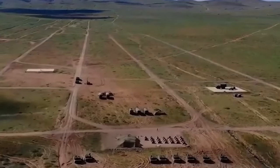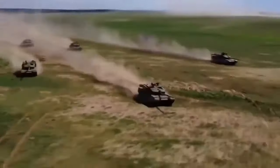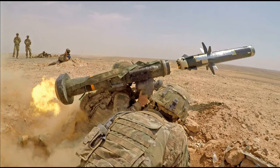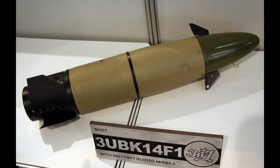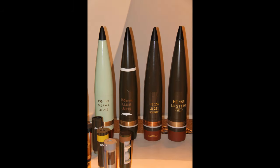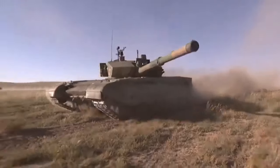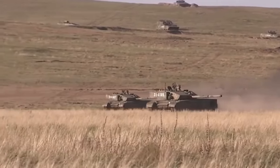Gone are the days where tank versus tank battle would be the majority of the destruction. That's actually rare today. Most tanks are destroyed by drones, artillery, or man-portable ATGM. But even with a smaller gun, they made sure the tank still retained the capability to fire anti-tank guided munitions, or ATGM. HEAT and high explosive rounds can still destroy tanks or immobilize them if a tank gets directly hit from it. Things that can be achieved even by a smaller 105mm gun